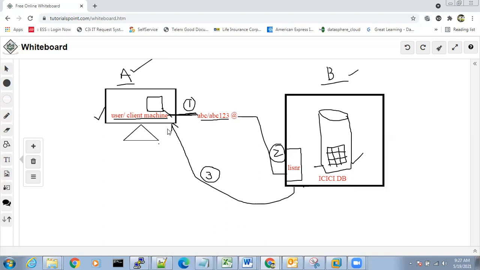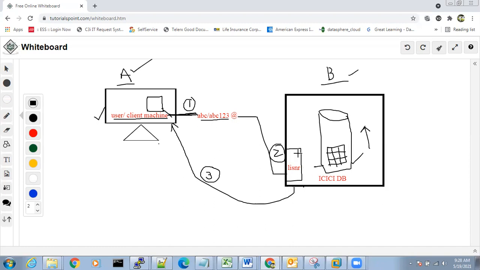I'm talking to you, then there is a network problem because you are not able to hear my voice. Obviously, I will not get any response from you. In the same way, the user is calling, the listener is down, there is a network problem. This user will not get any connection or any response from the database, even though the database is up, not down, but the listener is not there to listen to the connections of the users.